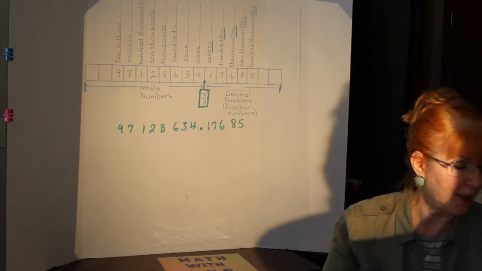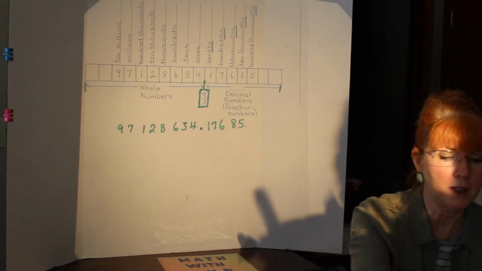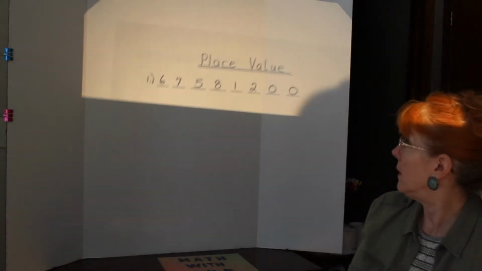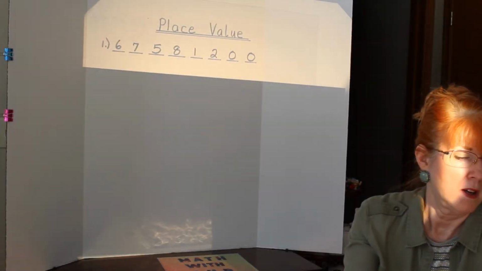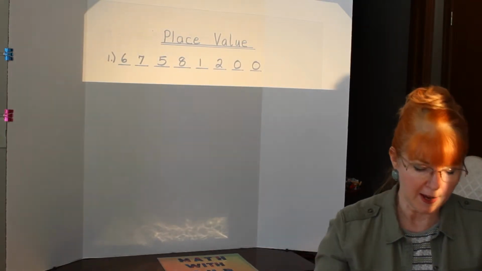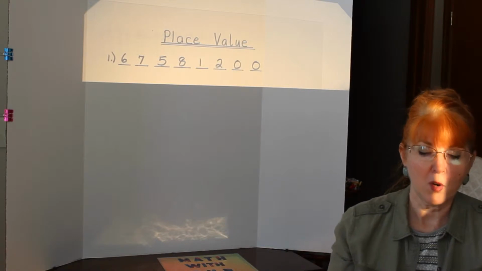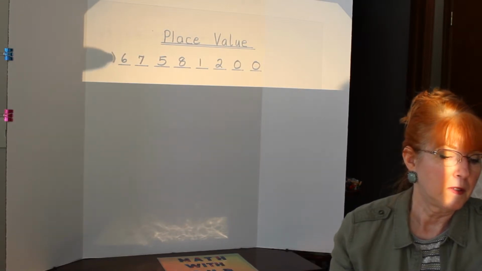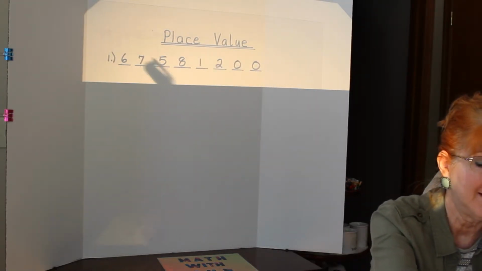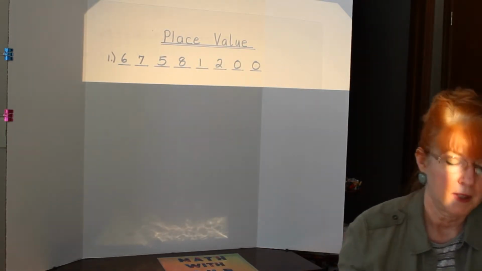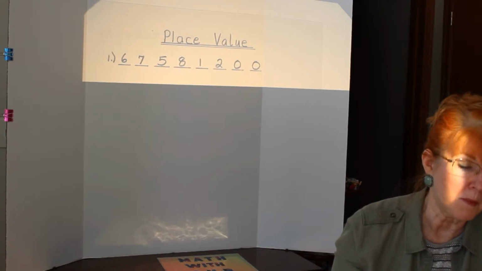So we're going to take a look at a little bit of a place value challenge. Take that away, put this up here. So if you write down place value, we're going to take a look at drawing a circle around any number that's in the ones column. So again, I've spaced it slightly. Alright, so I have 67,581,200. So if you draw a circle around the number in the ones column,